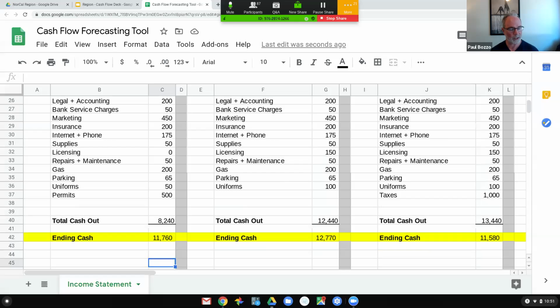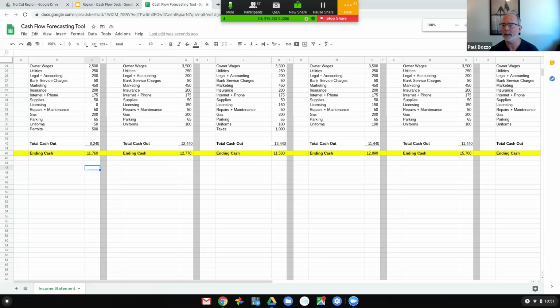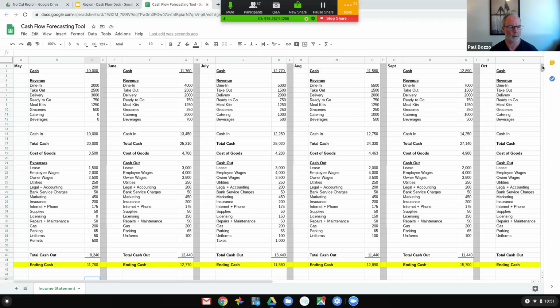Excuse me, total cash out goes down that month, and ending cash goes up. So I'm just going to wrap here with: there is a tool, there is a way in which you can input your particular revenue streams, your particular expenses. These can be customized. You can deal with variable expenses, fixed expenses, expenses that occur only in a certain given period. And you now have the power through this tool to not only know what's happening with revenues and expenses,